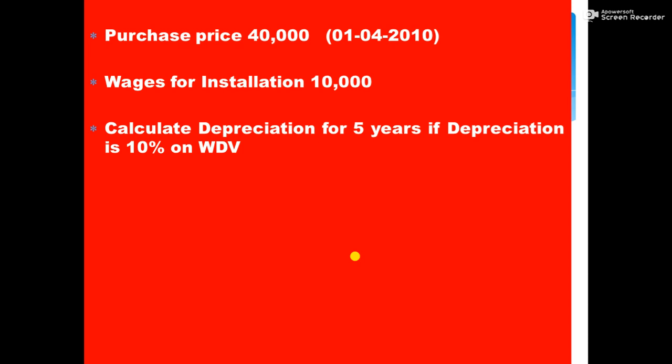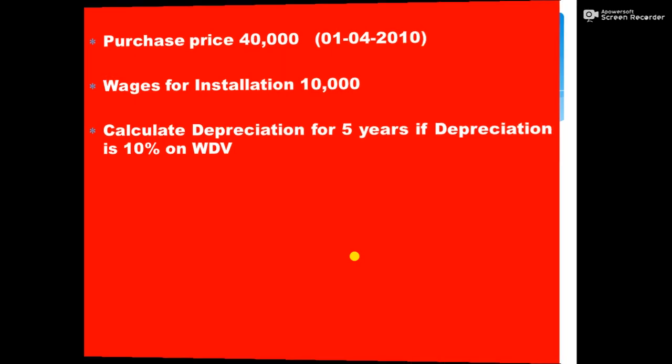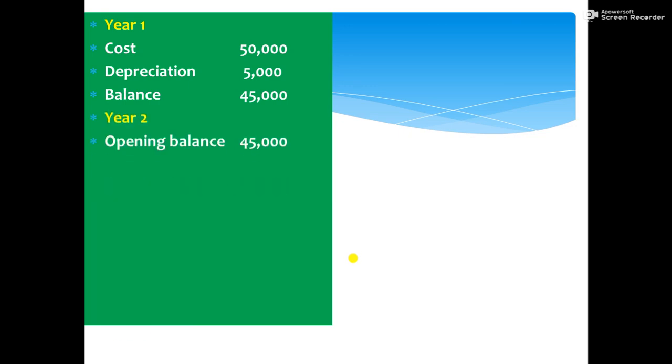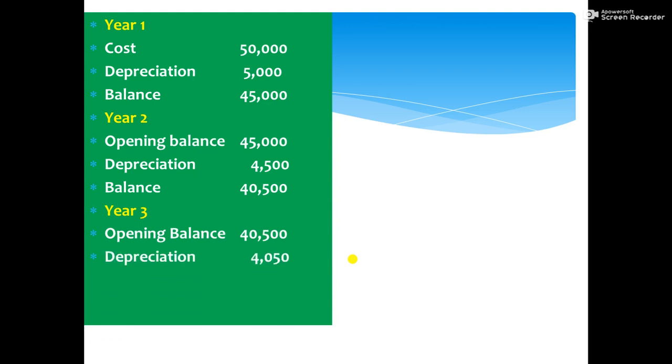First year depreciation, 50,000 into 10%, that is 5,000, and therefore the balance for the first year is 50,000 minus 5,000, 45,000. And for the second year, the opening balance is 45,000. Apply 10% on that 45,000. Depreciation for the second year is 4,500. And therefore, the balance is 45,000 minus 4,500, 40,500. Third year, apply 10% on 40,500, and therefore depreciation for the third year is 4,050, and the balance is 40,500 minus 4,050, that is